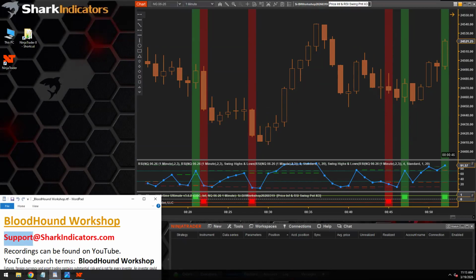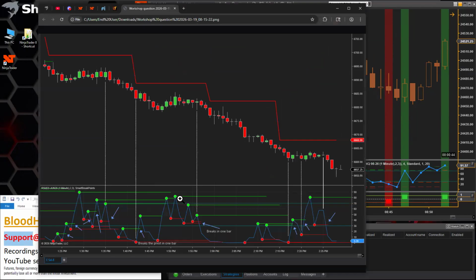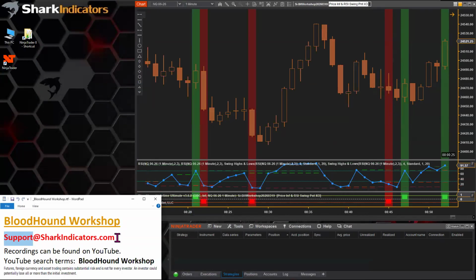That way you can send in a screenshot like this, which is pretty helpful, marking arrows to help illustrate exactly where you're talking about and how to implement that charting condition. Those are always helpful. Excellent.